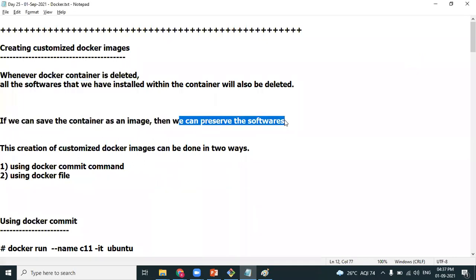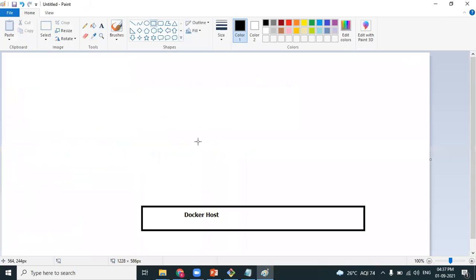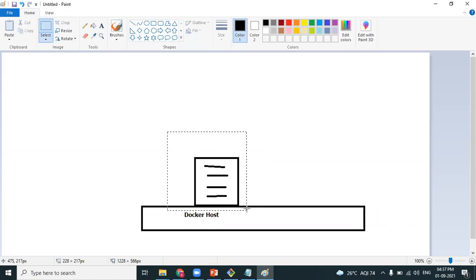Let's say you have created a container with great difficulty. You have installed software 1, software 2, software 3, software 4, and you have done a lot of configurations. Now the client is happy with this particular environment.